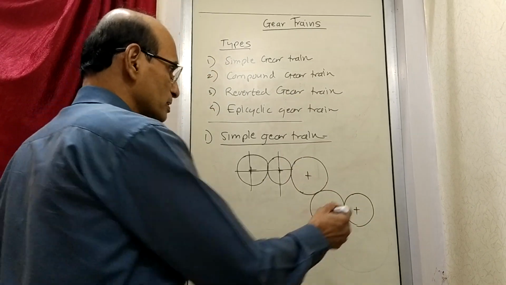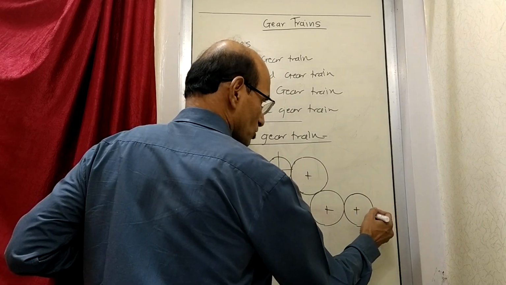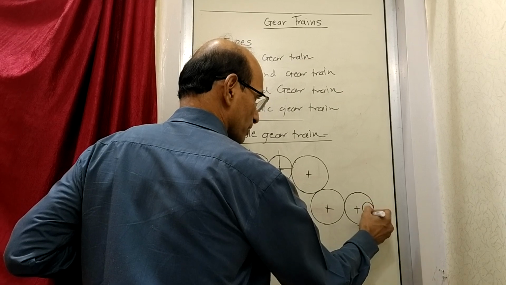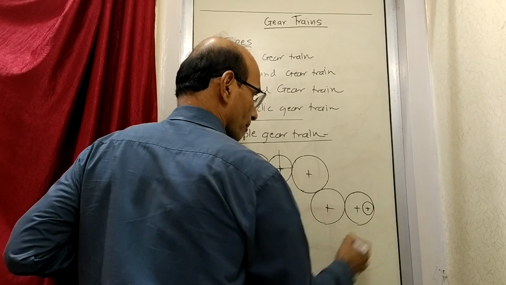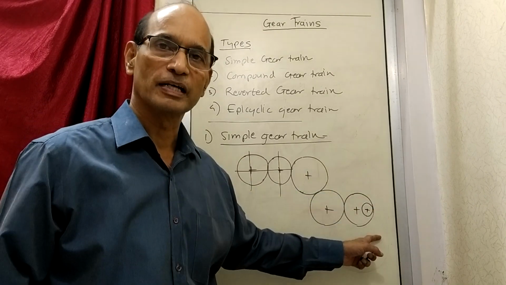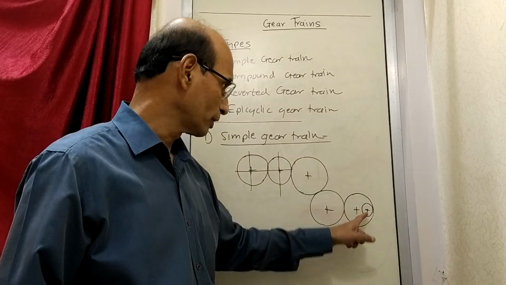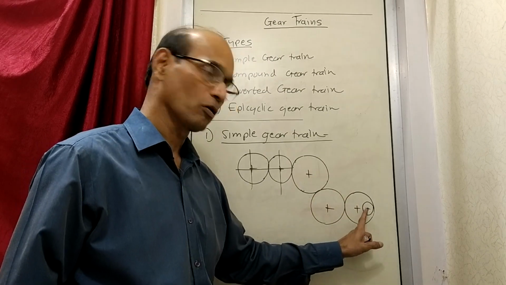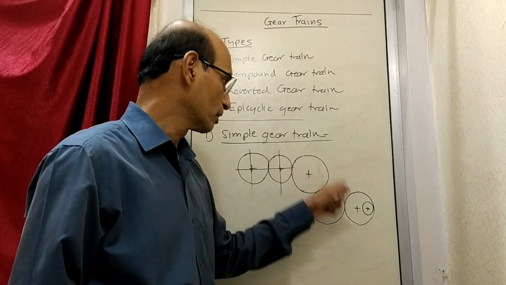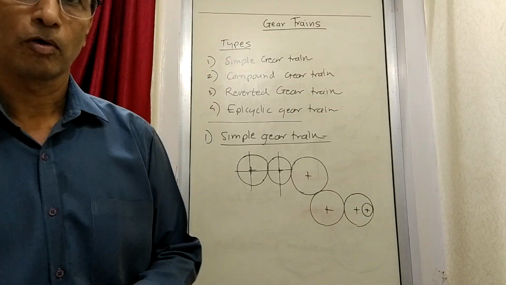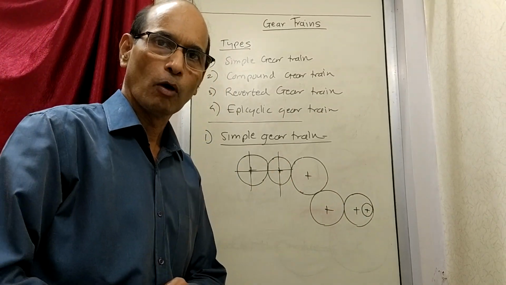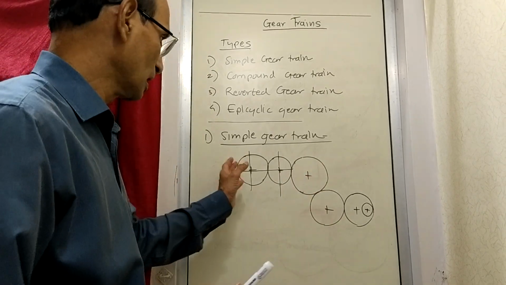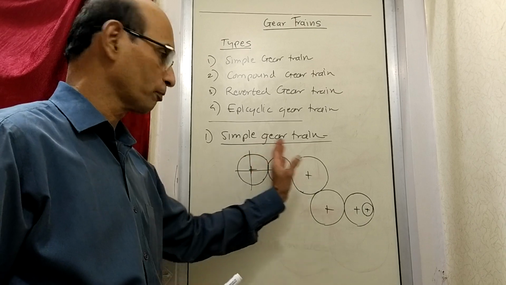Now suppose this gear is such that it has got internal teeth also, so there is one more gear in the inside. It has got teeth from outside also and inside also. So as this gear rotates, it is rotating one more gear. But again, number of gears are 6, axes are also 6. So this becomes a simple gear train. Number of axes same as number of gears. Now what do we do with this simple gear train? What do we get from this? We get transmission of power. We are in a position to transmit power from one place to another.